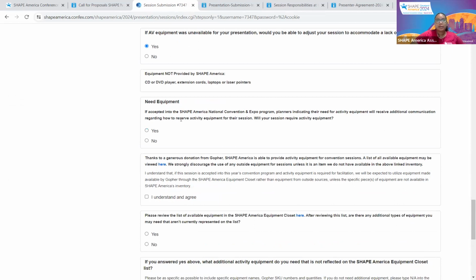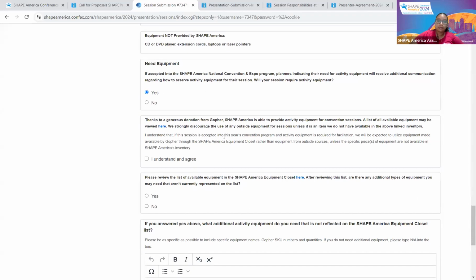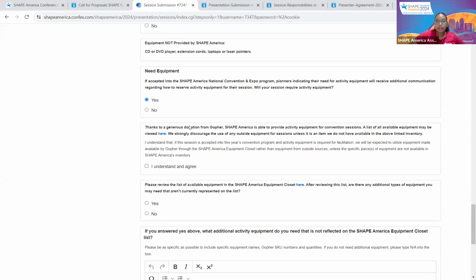If accepted into the 2024 Shape America National Convention and Expo program, planners indicating their need of activity equipment will receive additional communication regarding how to reserve activity equipment for their session. And then just let us know, will your session require activity equipment? Select yes or no. And then you can also view the activity list here. As you can see, if you scroll down here,